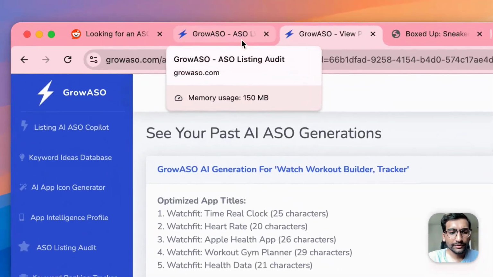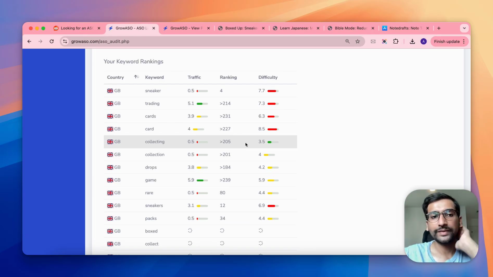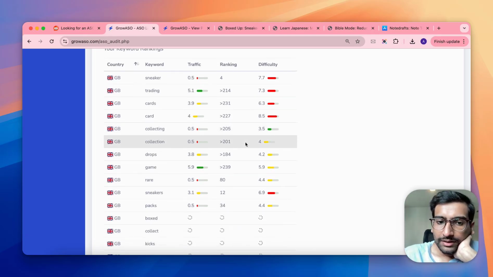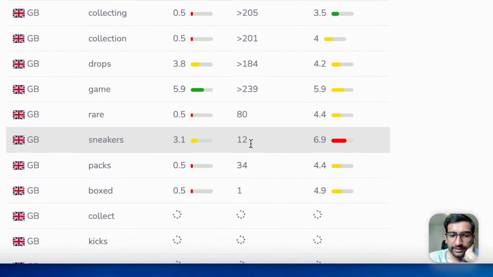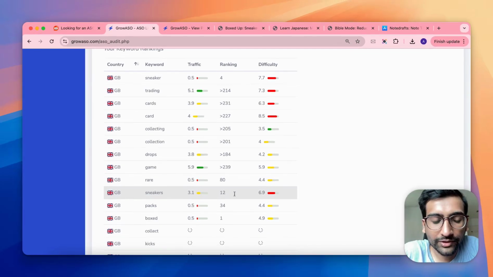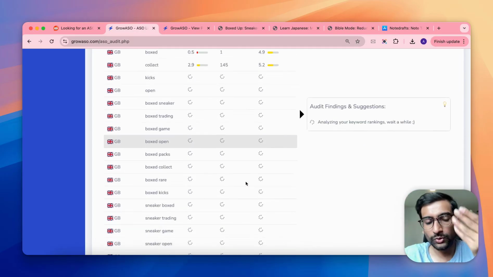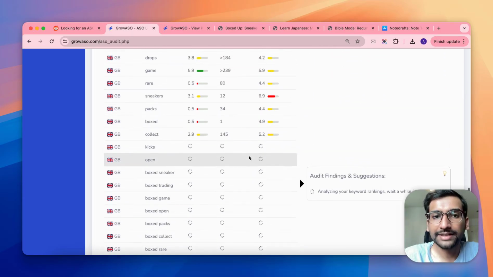So try that out. Let's look at the keywords though. So here are some of the keywords. Okay, this is good. I think this is nice that it's ranking at 12 for the sneakers keyword, which has decent traffic. Let's wait for some of the two-word ones to load, and in the meantime, let me skip to this